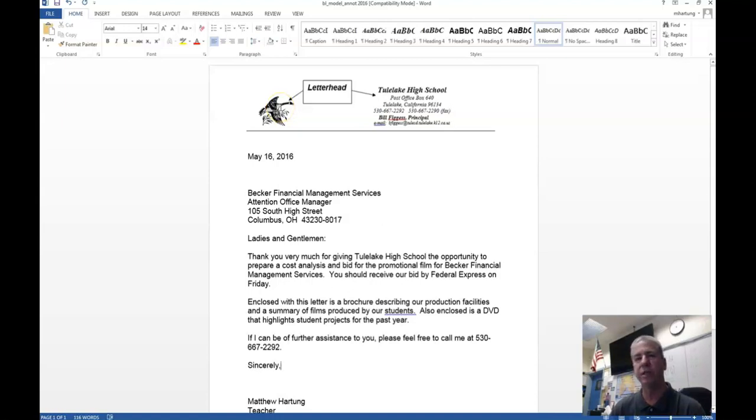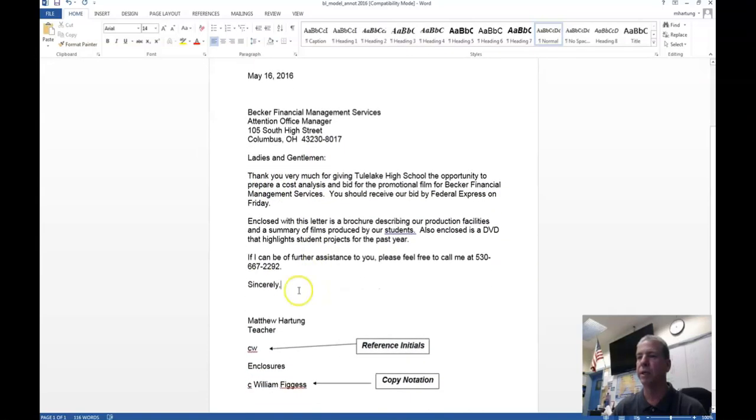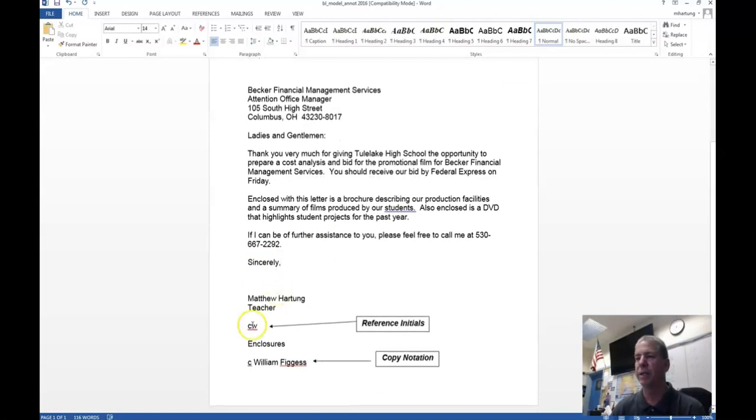And then as far as the rest of the letter goes, it is very similar to what we did with the personal business letter, in that we're going to stick with the block format. The block format being that all sentences, information is lined up on the left side with no indentations. We will continue to use mixed punctuation, which is the colon after the salutation and a comma after the complimentary closing. And then a couple of new things that sometimes pop up with a business letter,